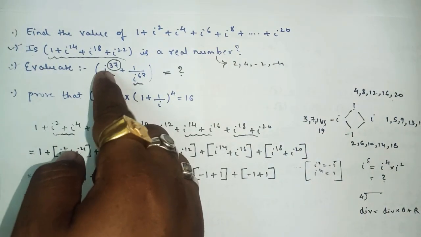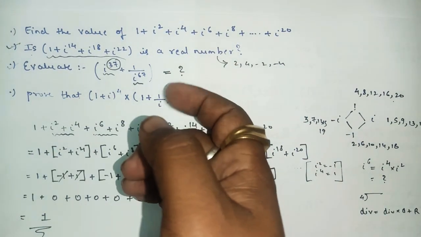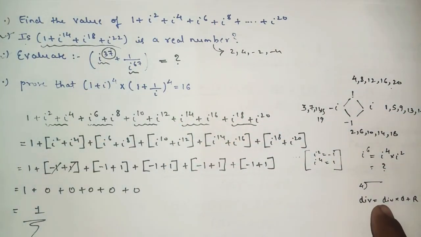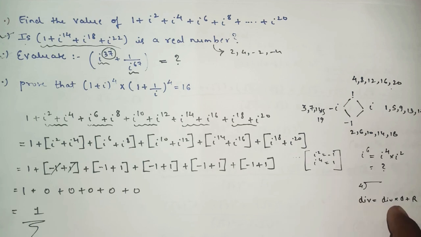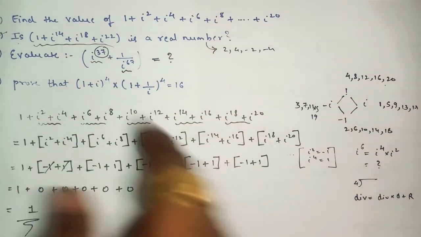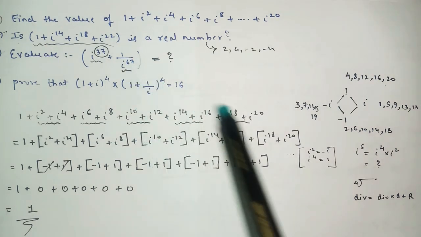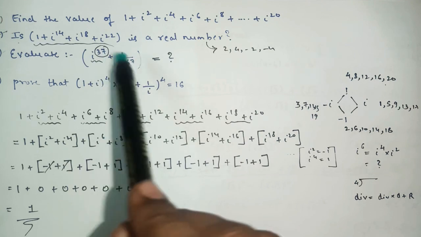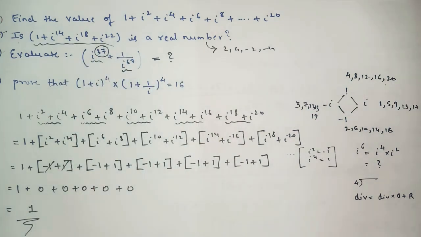This second sum, as the power is more than 20, you stick with the method using dividend equals divisor into quotient plus remainder, and find your answer. So find i raised to 37 separately, i raised to 67 separately, substitute the value. Then just cross multiply all the things, basic things, you will get the answer.